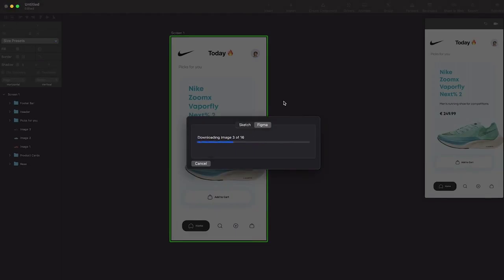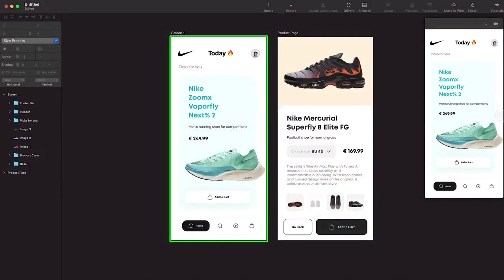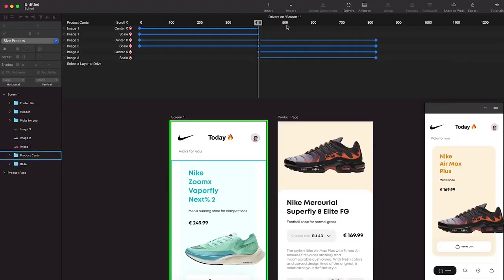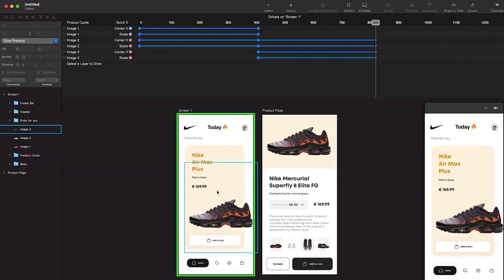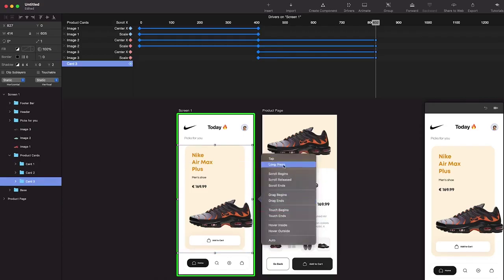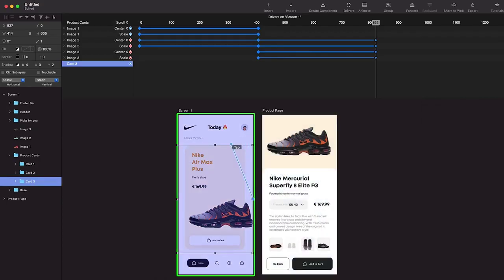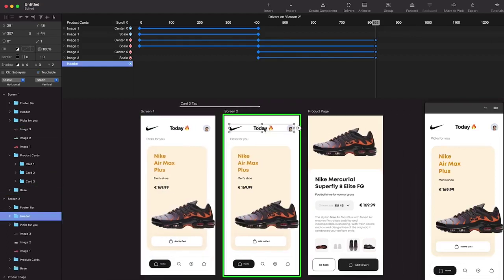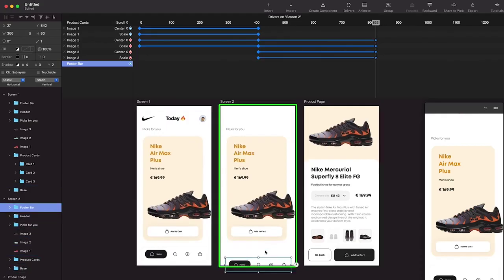so basically when I tap on product 3, this product page should open. Product 3 is this, and when I tap on that, on the last frame this product page should open. So I'm going to select card 3, click on tap, select the same screen and go to screen 2, move this header outside, reduce opacity, pull down the footer bar, reduce opacity, it's the same drill,